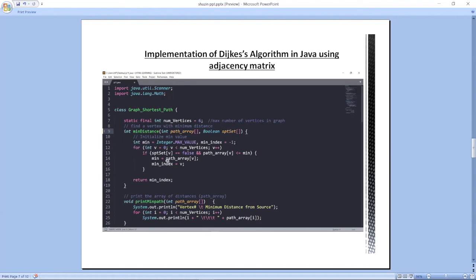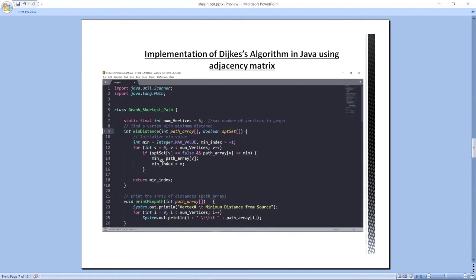Then we are doing a for loop of integer v equal to 0, and v is less than number of vertices, because the number of vertices here is 6. We are going 6 times using this loop, and v++ is the increment. If shortest path set is equal to false and path array is less than or equal to minimum, then